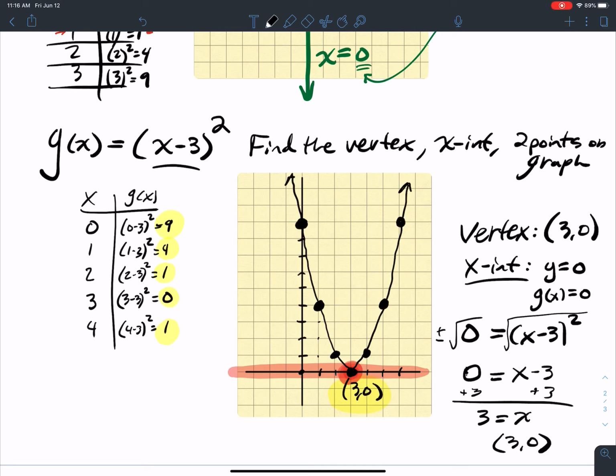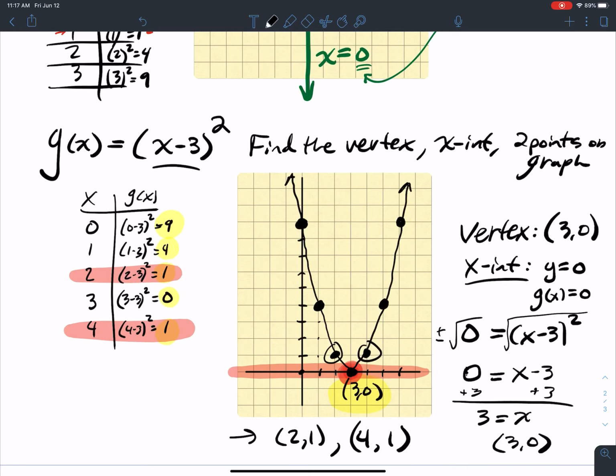Okay? Now graph 2 other points. Well, if you make a table, then you've got plenty of points, right? You just pick 2. Pick your favorite 2. I'm just going to pick (2, 1) and (4, 1). Okay, so that's right there, and that's right there. All right, so you just got to pick 2. I don't care which 2